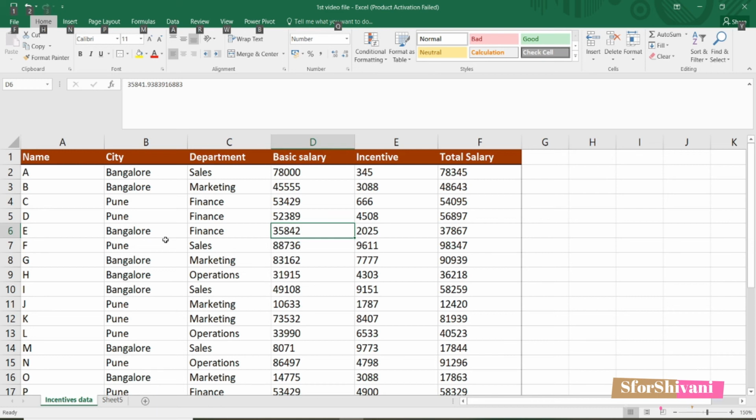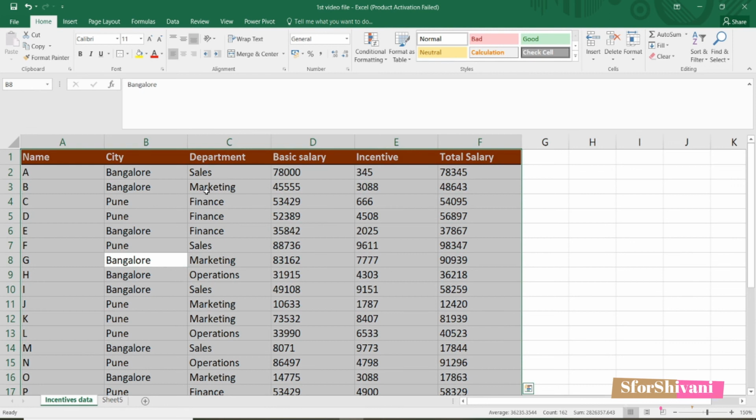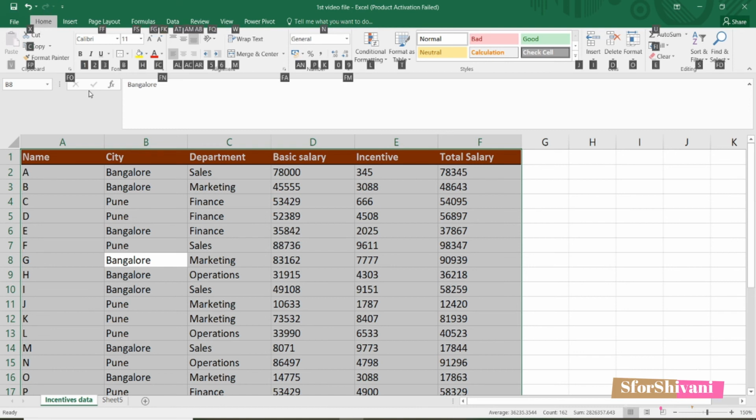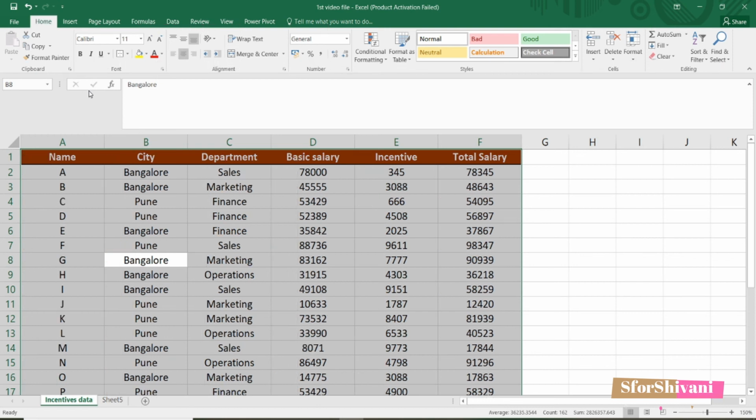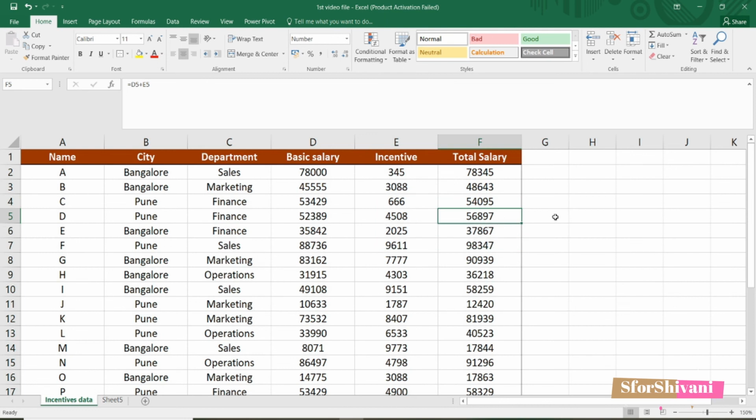So now let's say I want to change the alignment of all these cells. First of all, I'm going to select the entire data set by Control and A. I press Alt. For home, we have H. So I press H. On pressing H, you can see a lot more shortcuts for the home menu itself. On the screen, you can see for the center alignment, we have AC as a shortcut. So I press AC and it's done. Click outside.